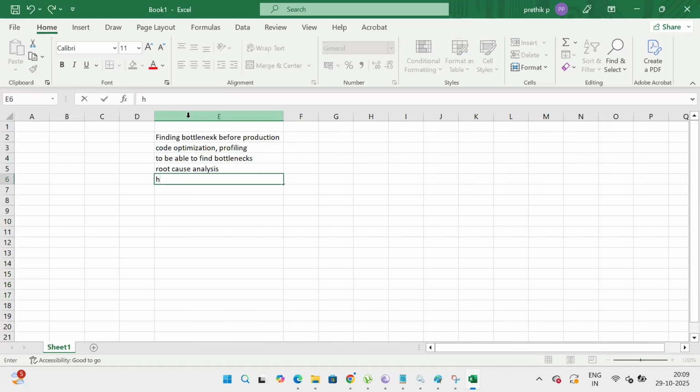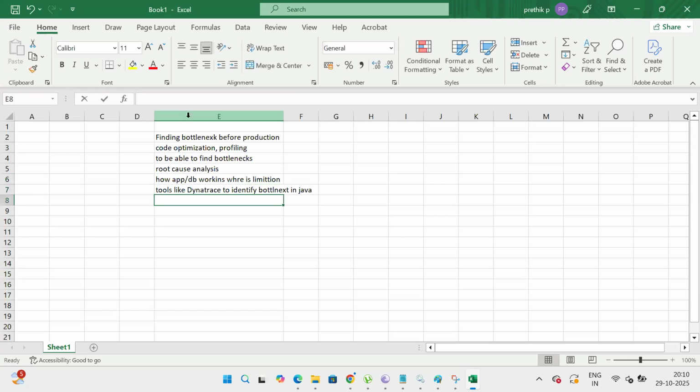How AppDB works, where is the limitation, very good. Tools like Dynatrace to identify bottleneck in Java, tuning, good.